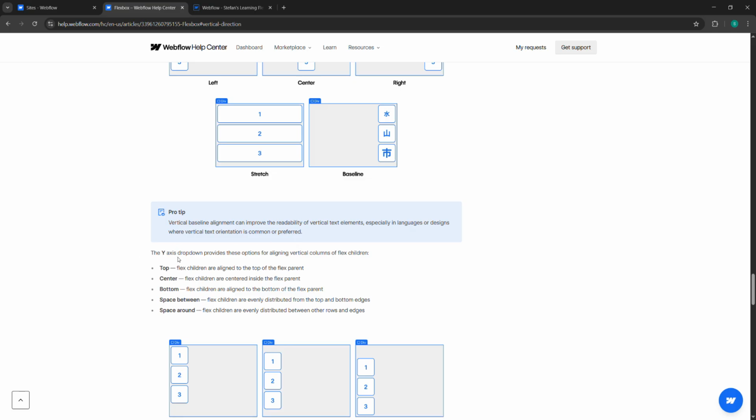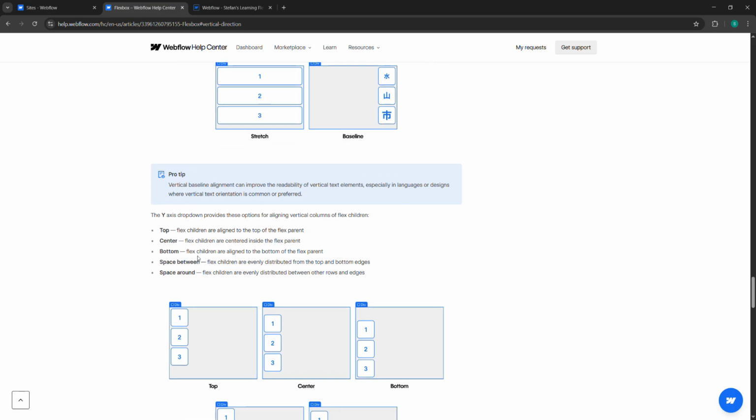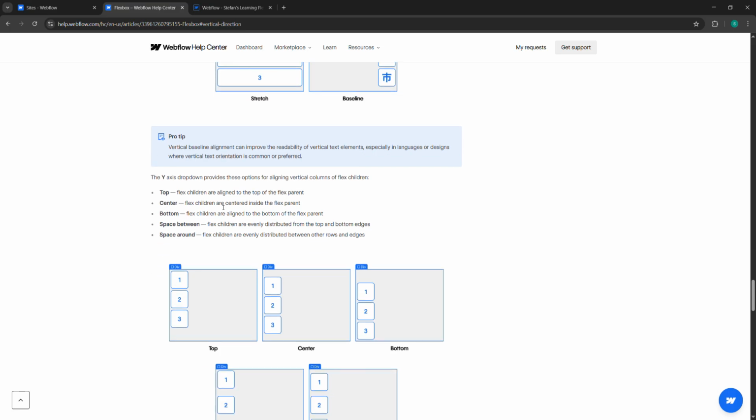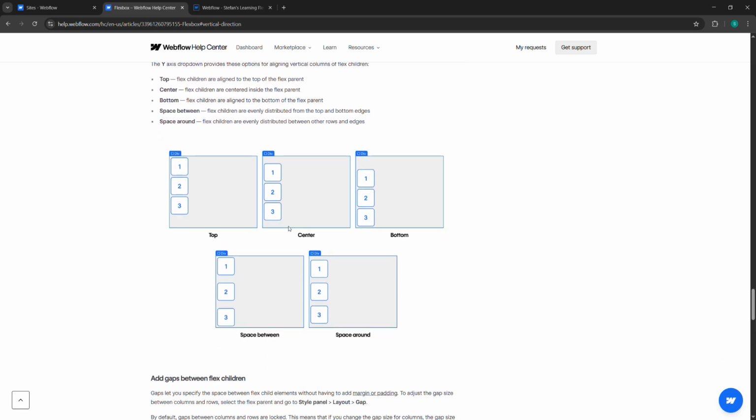Okay, the y-axis dropdown provides these options for aligning vertical columns of the flex children. Top: flex children are aligned to the top of the flex parent. Center: flex children are centered inside the flex parent. Bottom: flex children are aligned to the bottom of the flex parent. Space between: flex children are evenly distributed from the top and bottom edges. Space around: flex children are evenly distributed between other rows and edges. Okay,